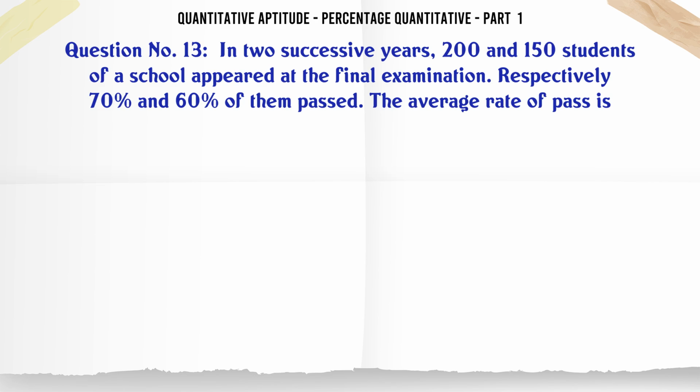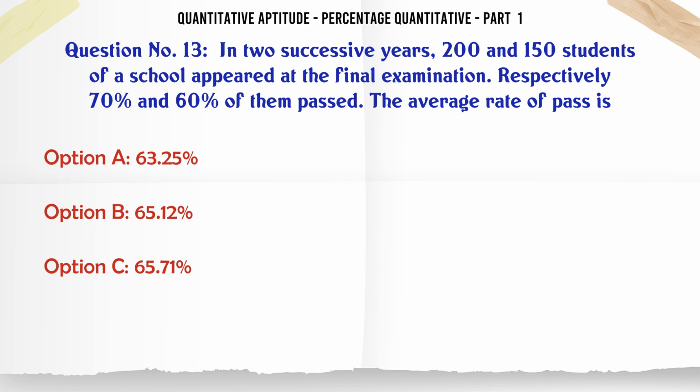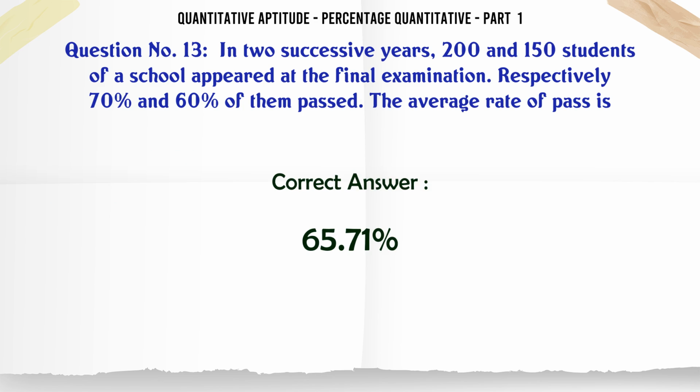In 2 successive years, 200 and 150 students of a school appeared at the final examination. Respectively 70% and 60% of them passed. The average rate of pass is A 63.25%, B 65.12%, C 65.71%, D 66.10%. The correct answer is